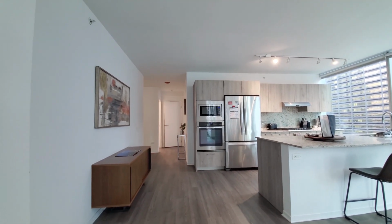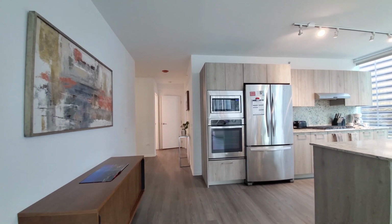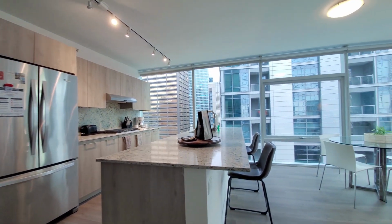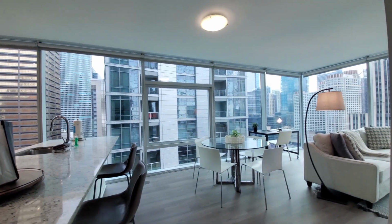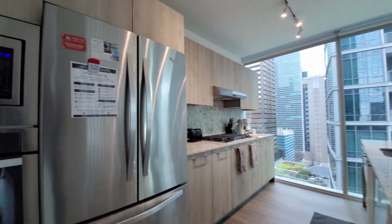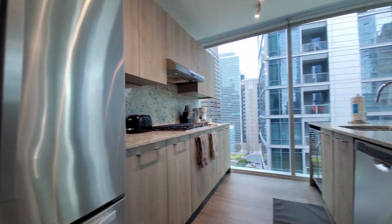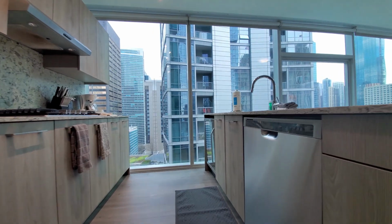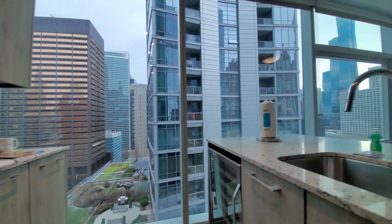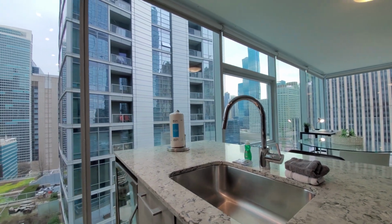Turning toward the kitchen, wall-mounted microwave and conventional ovens, breakfast bar island, quartzite counters, there's a French door refrigerator, great cabinet and counter space, dishwasher, wine chiller, undermount stainless steel sink that has a gooseneck faucet with a spray attachment,